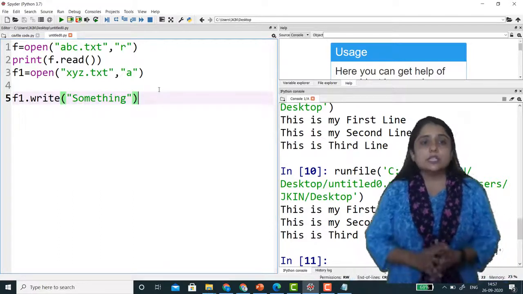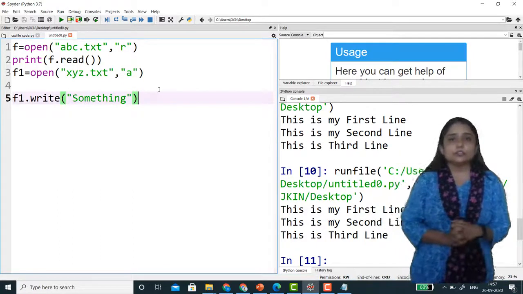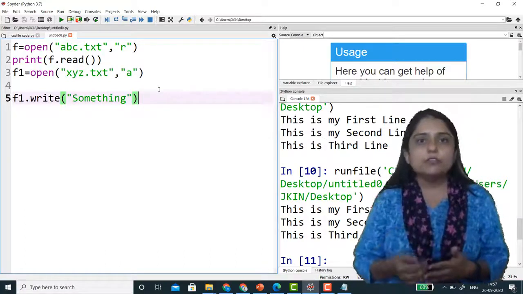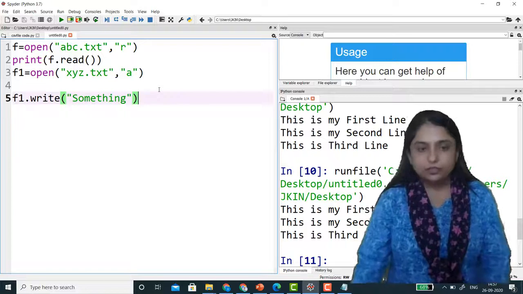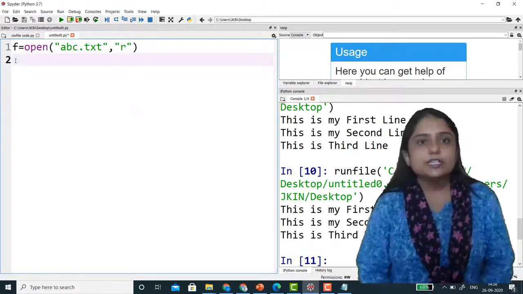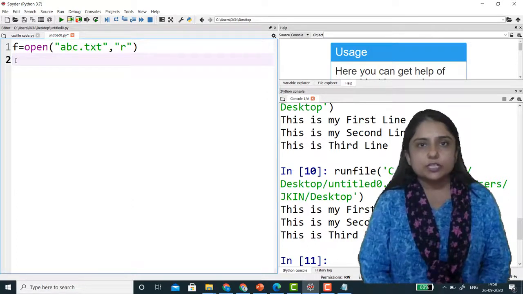Now next we will discuss how I can copy one file into another file. Alright, I want to copy all the data of one file into another file. So what I'll do, here already I have one file, the name of that file is abc.txt.